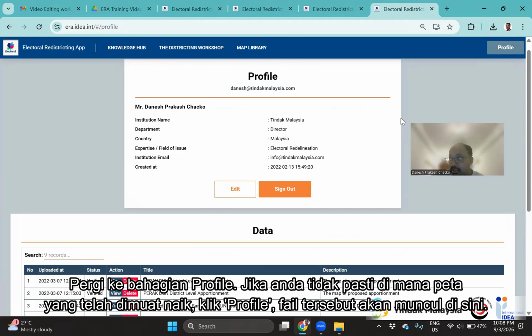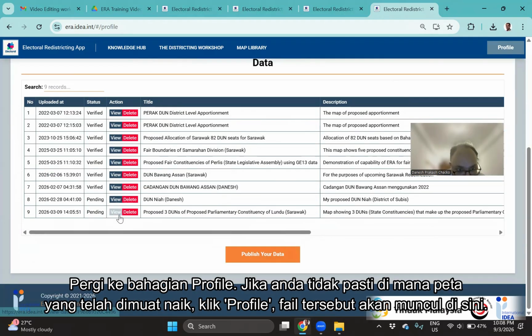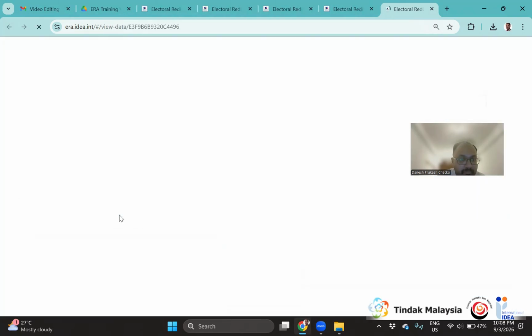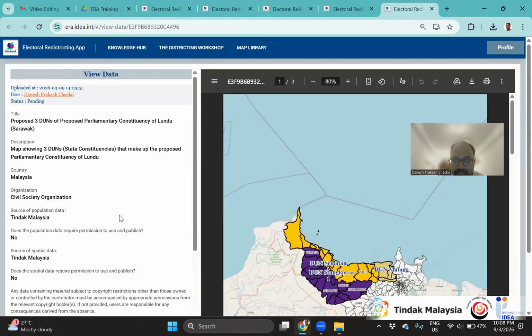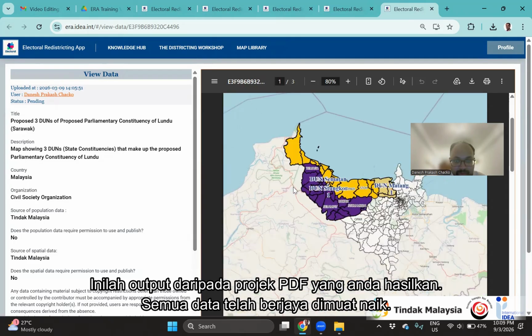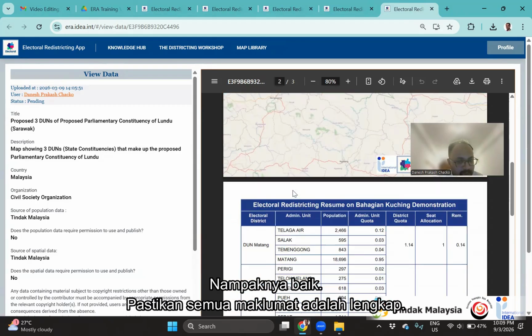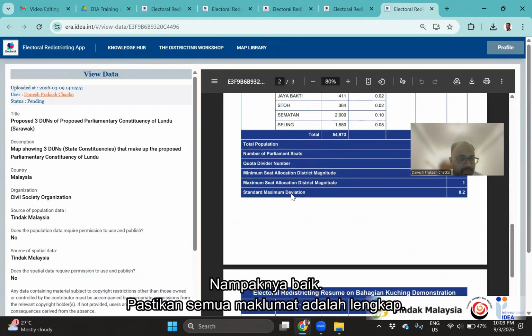If you're not sure where the map has been uploaded after you publish your data, you press profile, and it should appear here. So this is the output from the PDF from the project itself. Everything is uploaded. It looks good. Okay, that's good to know. Make sure the information is all up and